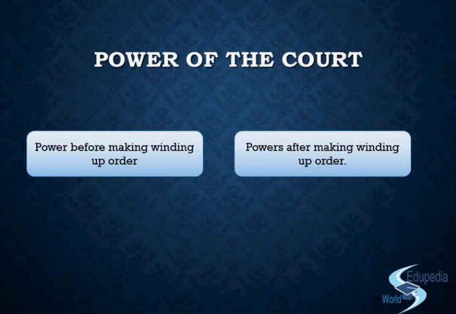Because after that, when the liquidator is appointed to your company and the liquidator carries on its procedures, right, the court will have an interference at every level, right, until and unless the company is dissolved, right? So if you talk about the powers that the court may have before the winding up order, then they are very limited, right? We can count them on the fingertips. It is around 3 powers that we'll be discussing right now.